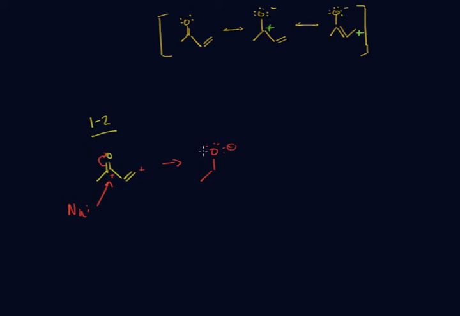One of these electron lone pairs got pushed up as the carbonyl was attacked. And because you don't have a good leaving group here, eventually during your aqueous workup,